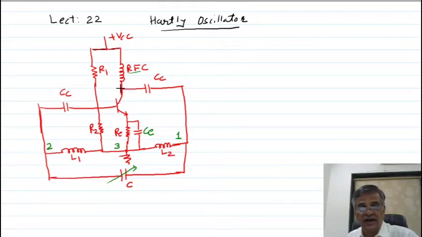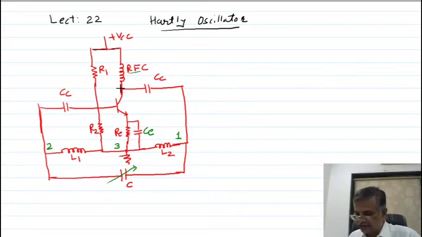Now the RC phase and Wien bridge oscillators cannot produce frequencies of the order of 10 MHz and 50 MHz. They can only produce low frequencies. Whenever you want to produce a high frequency of the order of 5 MHz, 10 MHz, 50 MHz, then LC oscillators are used. And in LC oscillators we are discussing the Hartley oscillator first. So the Hartley oscillator can produce frequencies of the order of megahertz.